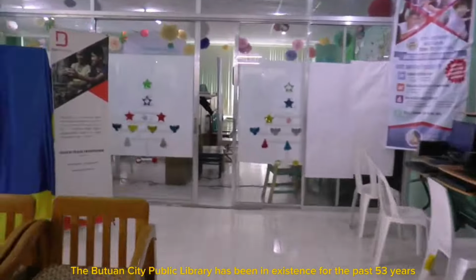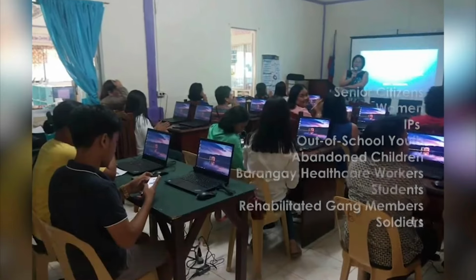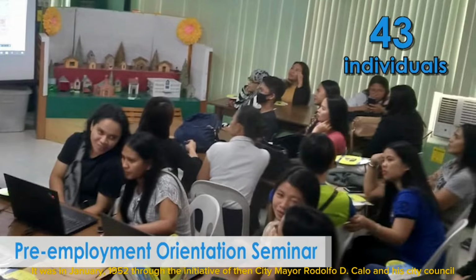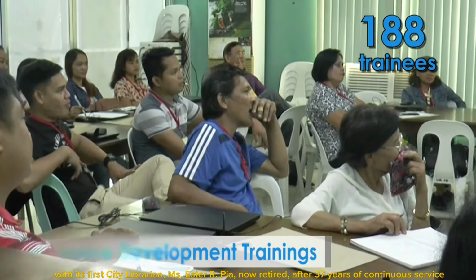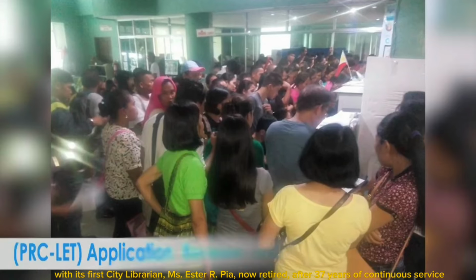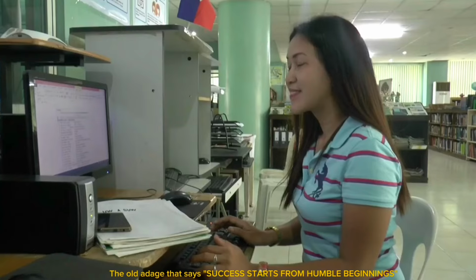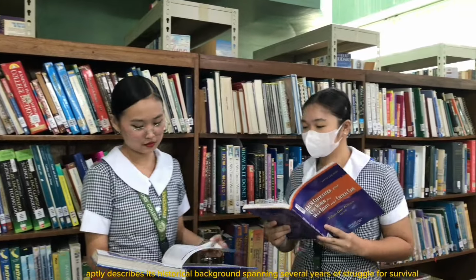The Butuan City Public Library has been in existence for the past 53 years, and it was in January 1952 through the initiative of then City Mayor Rodolfo D. Calo and his City Council, with its first city librarian, Miss Esther Arpilla, now retired after 37 years of continuous services. The old adage that says, "Success starts from humble beginnings," aptly describes its historical background spanning several years of